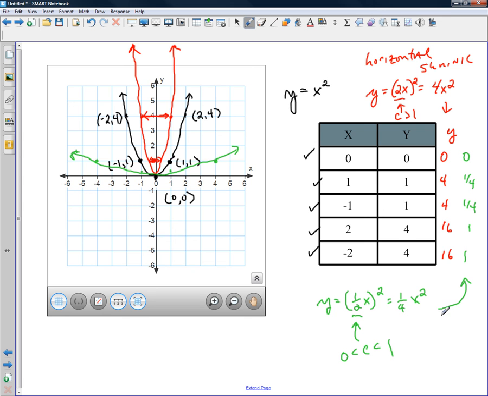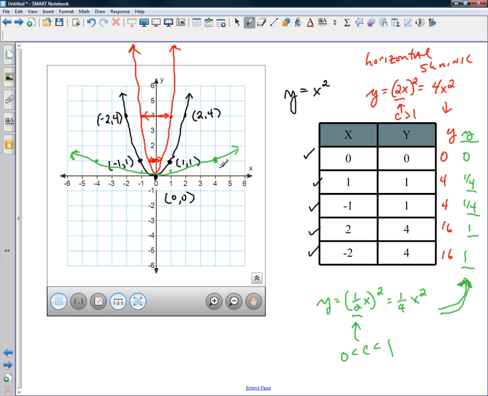And that will produce a new set of outputs, a new set of y's, right? I'll call them the green y's up here. And when I put 0 in, of course, I get 0 out. But when I put 1 and negative 1 in, I get 1/4 out. Or when I put a 2 in for x, 2 squared is 4, but 1/4 of 4 is 1, right? So I get a new set,